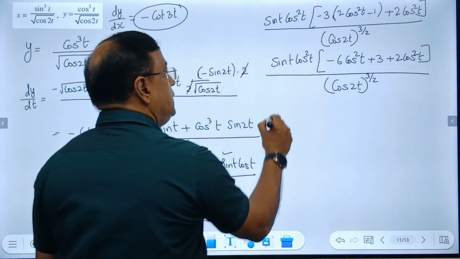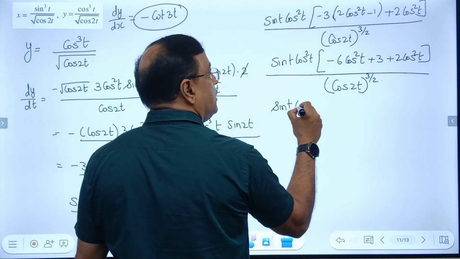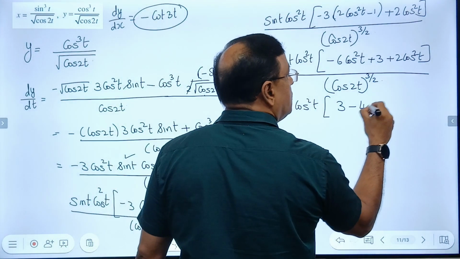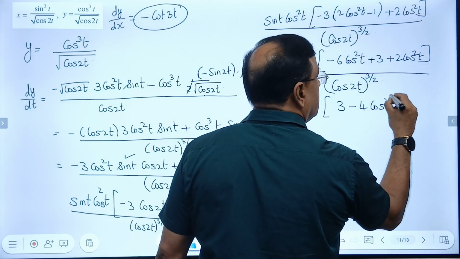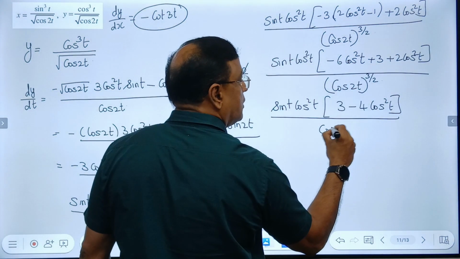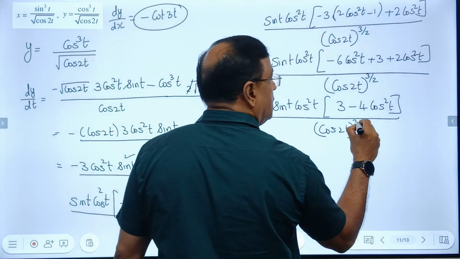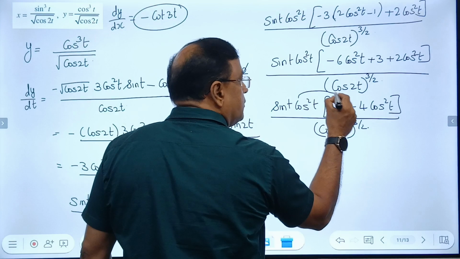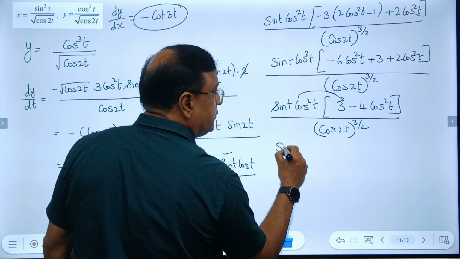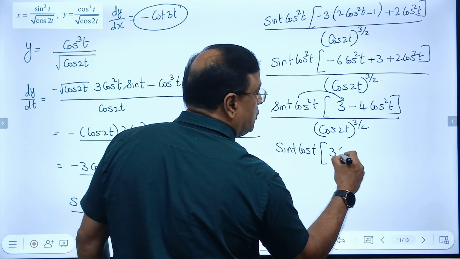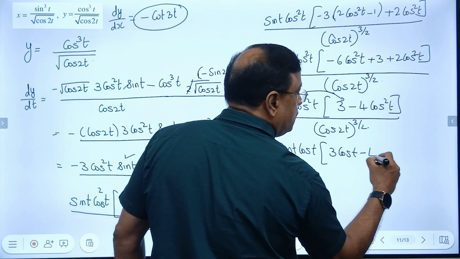Now you can see this is nothing but sin t cos square t into 3 minus 4 cos square t, minus 6 plus 2. Then what do you do? You send one cos inside, only one cos. So it will be sin t cos t, and this will be 3 cos t minus 4 cos cube